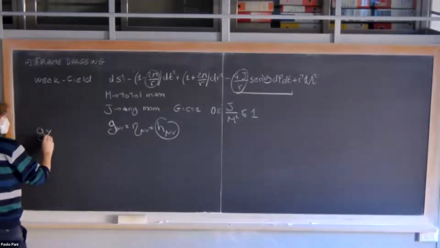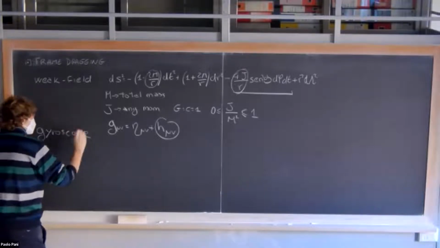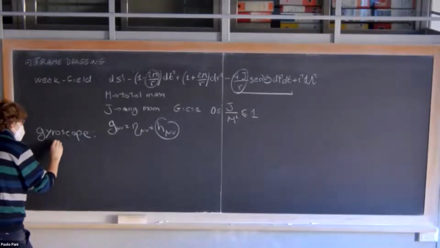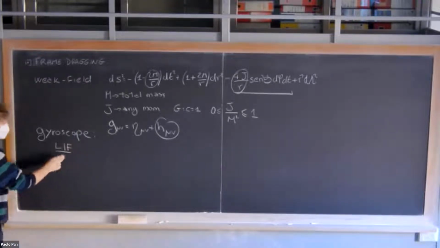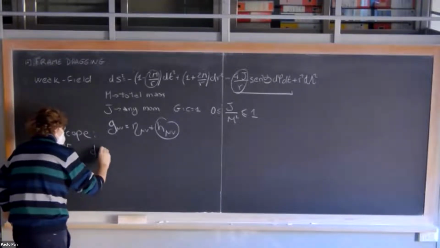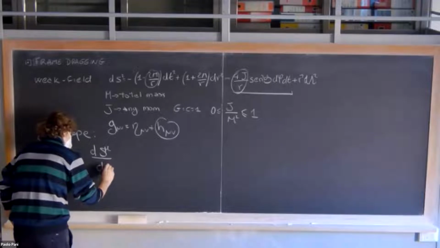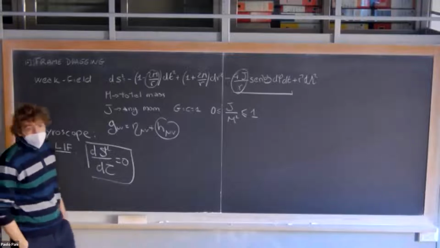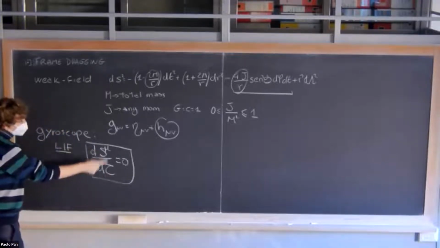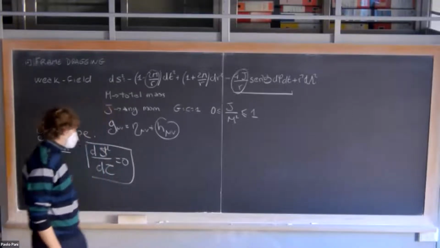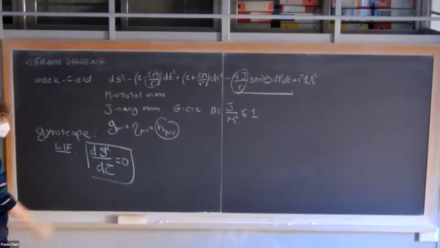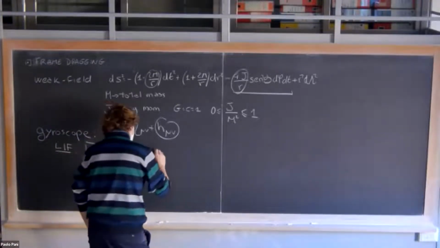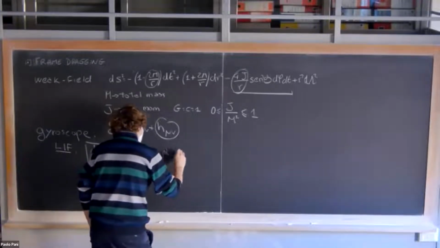This can be studied by considering the fundamental equation for a gyroscope in special relativity. In a local inertial frame, the intrinsic spin vector S mu is constant with respect to the proper time of the particle. This can be written in a general frame in this form,